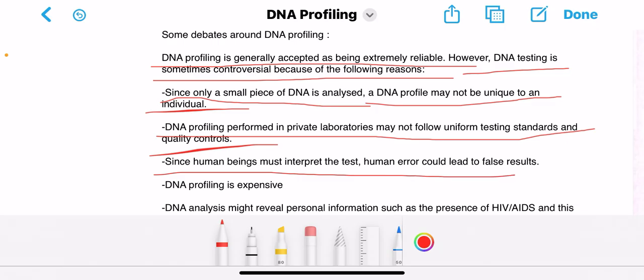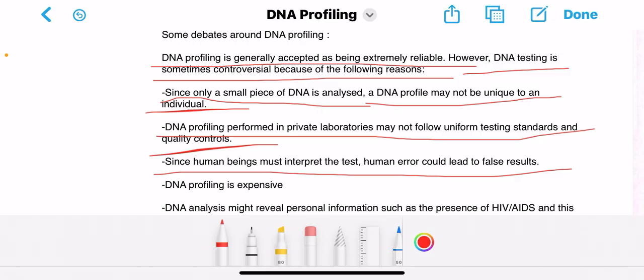So another reason is that since human beings must interpret the test, human error could lead to false results. Because we are humans and we know we have errors, you might find that we are doing tests and we take the wrong samples. Or let's say we have 4 DNA profilings that we have to make. There are 4 cases that we have to make DNA tests for. Then you end up mixing the